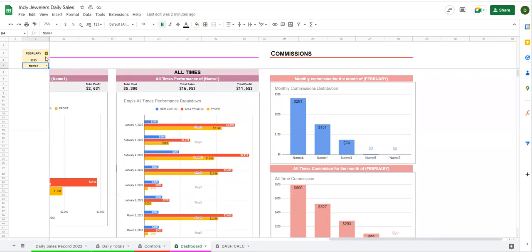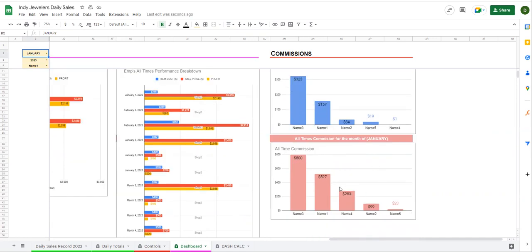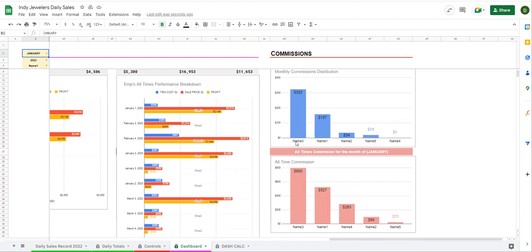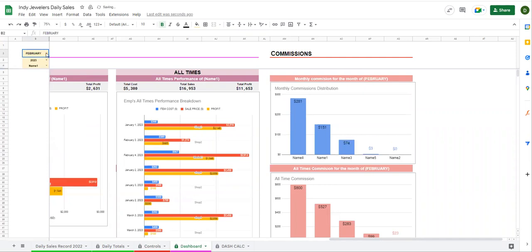If I change it to January, you will see, but you will always see the highest earner on the left side, and then it gets lower, so you can always see the first name is getting the highest commission for that running month. If I select February in here, you will see 281. If I select March,